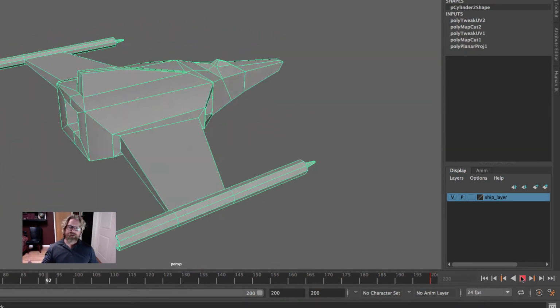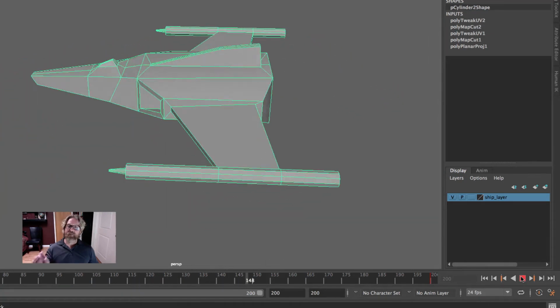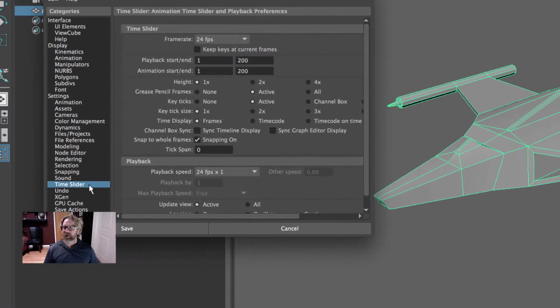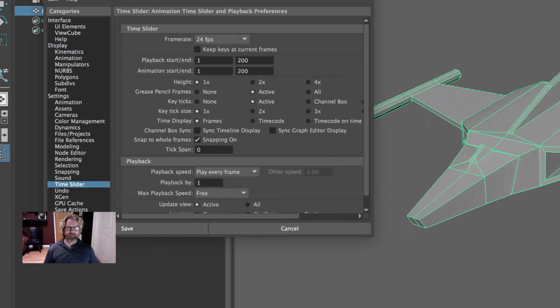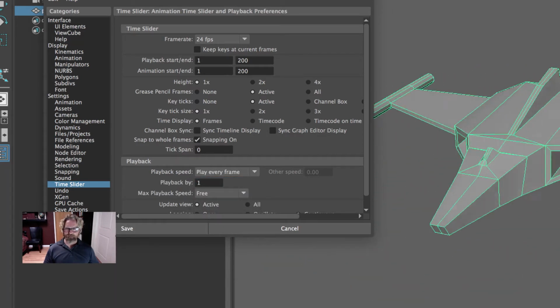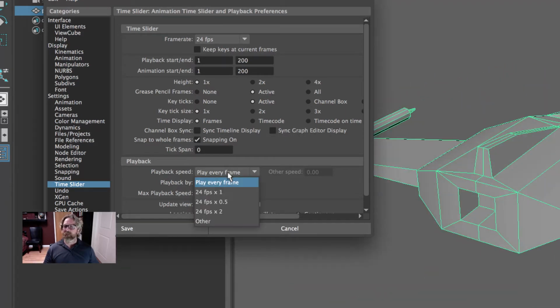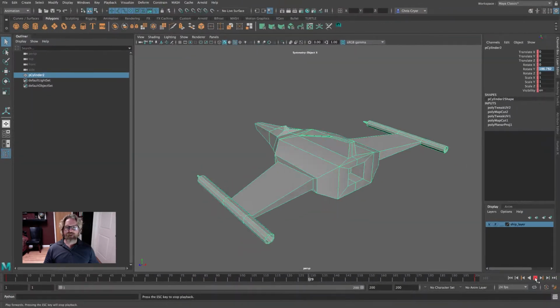If yours is moving very fast, your preferences have play every frame. So let's tackle that. If we come down to the little running man with the gear, it puts us right into the time slider because we came from the time slider. And the default is play every frame. If we did that, it would be very fast. It's playing as fast as our graphics card can maintain. But we want to have real time, which is 24 frames per second. And we'll press play and we can see that